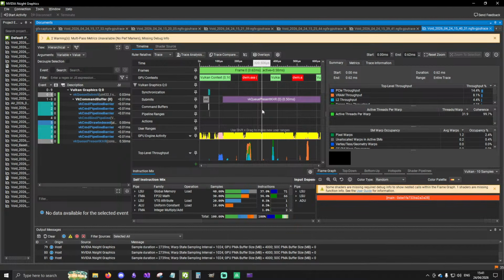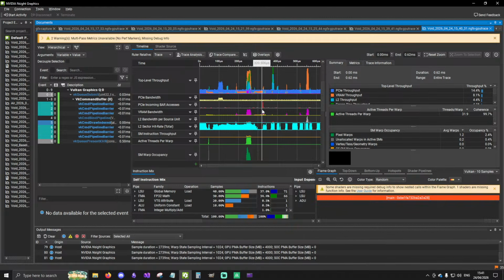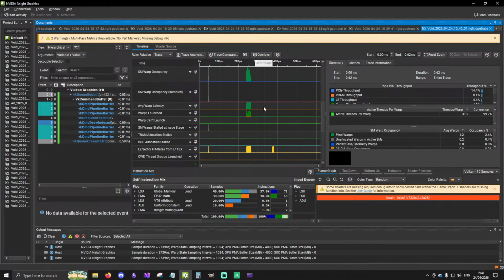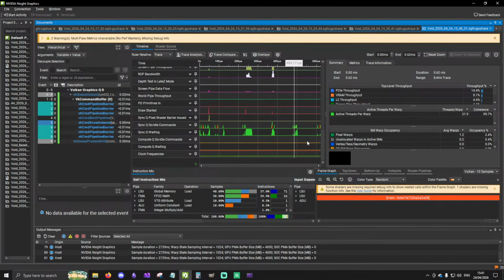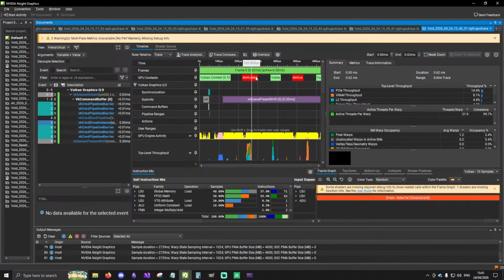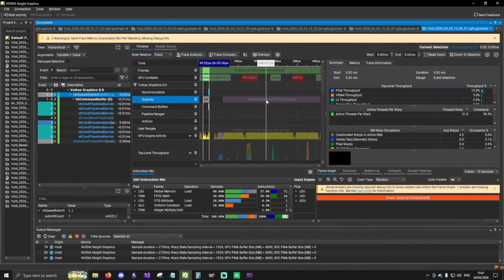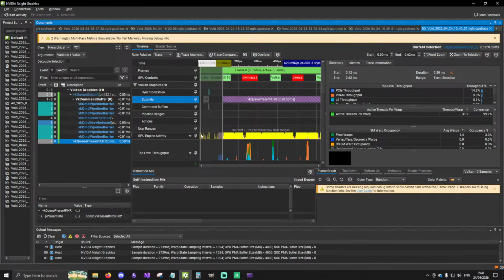Right, so this is what I want to see. But for some reason, so this is my ideal situation. Everything's filled up. Right, ignore the red again. The red's windows being a pain in the neck. Now we only have one draw call, admittedly, but there's no waiting on anything. So